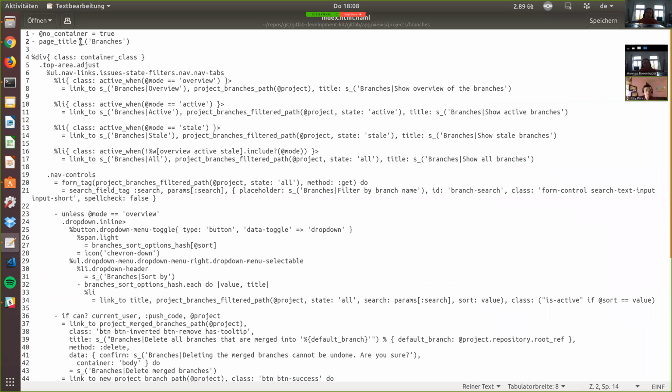To externalize a string, this is pretty much all you need. Just add these characters around the string. That would be for a string without a namespace, and this would be with a namespace. So the only difference is that there's an S at the beginning here. So let's say we want to rename this and show inactive branches because something in the code changed. So we save it